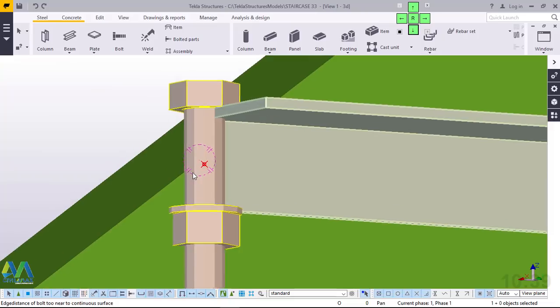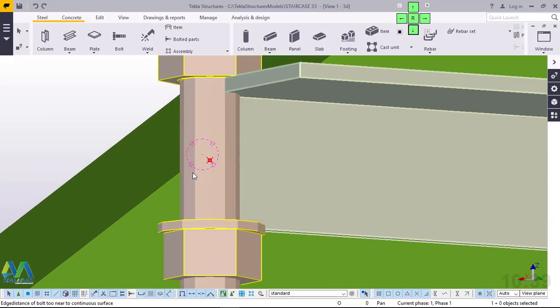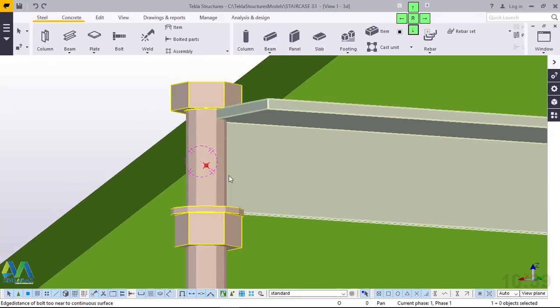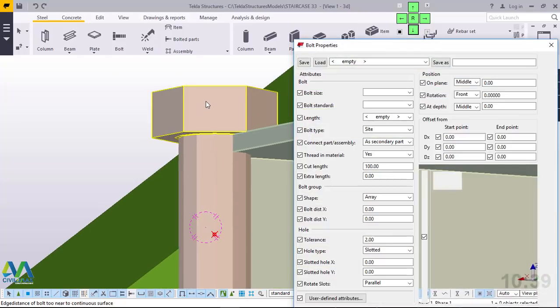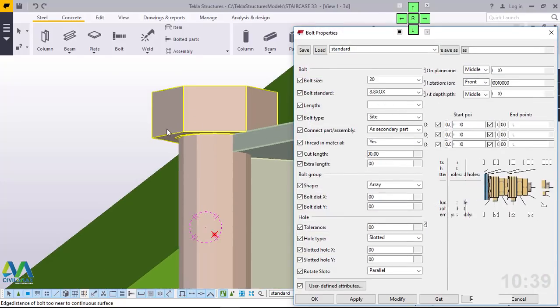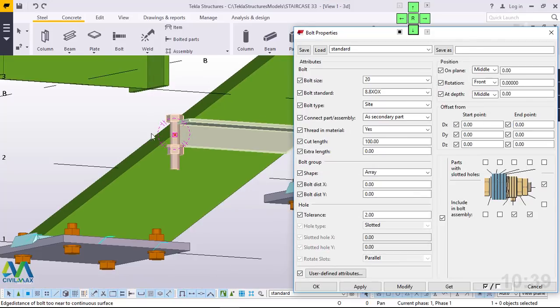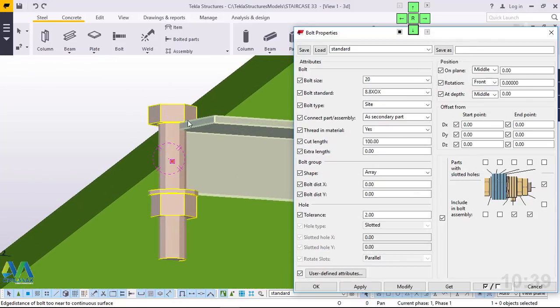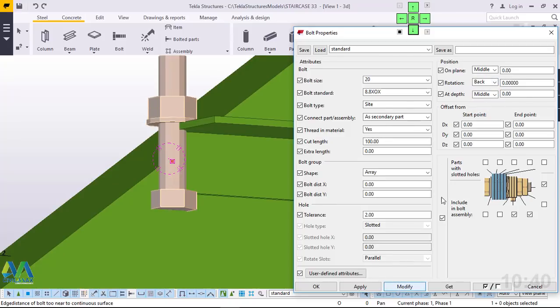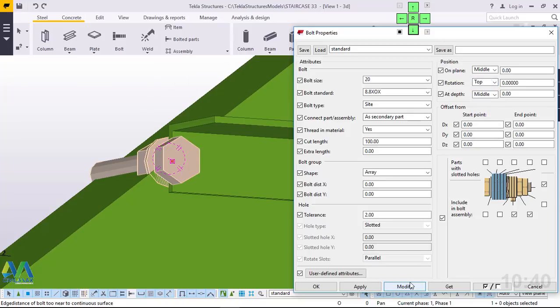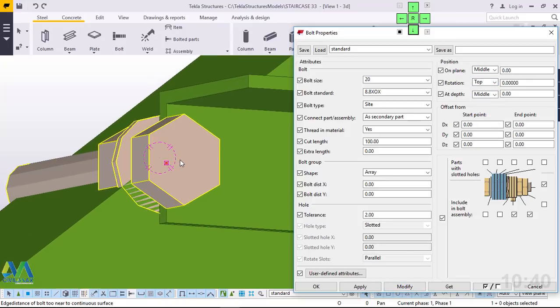You'll see my bolt has been placed, but in a wrong position and just in a wrong way. I'll double click on that to change the bolting. I'll come to position here and change the position to back. Still in the wrong position. I'll give it a top position. There we are, and still not in the appropriate